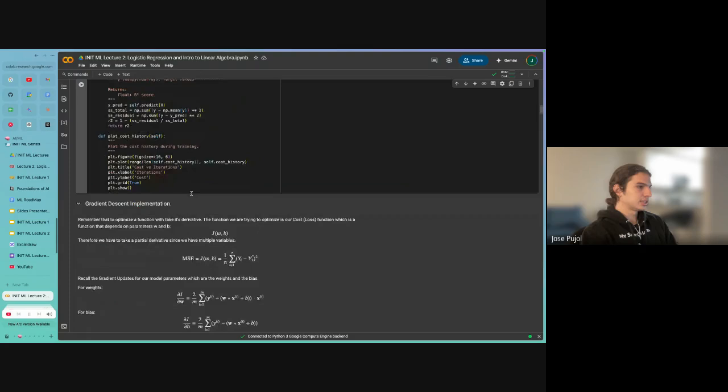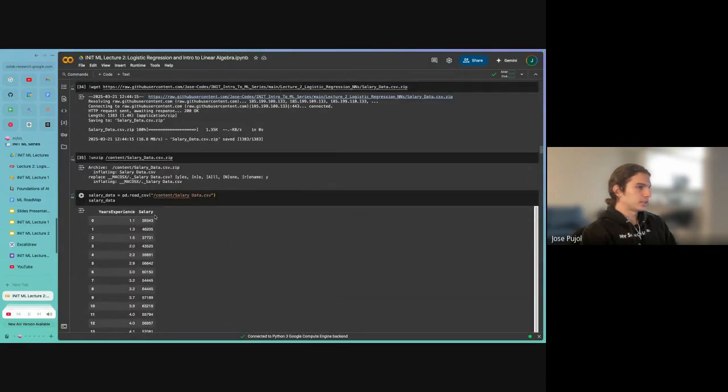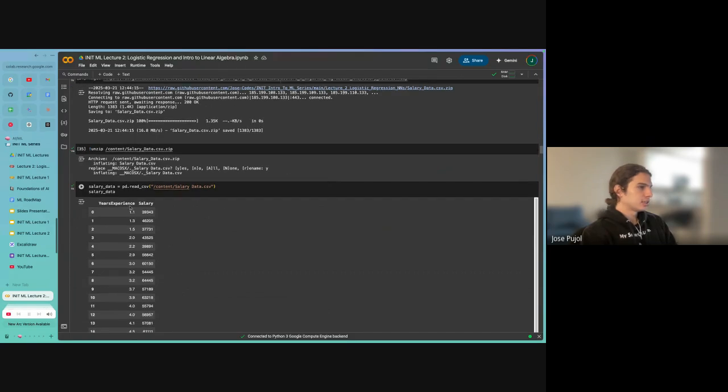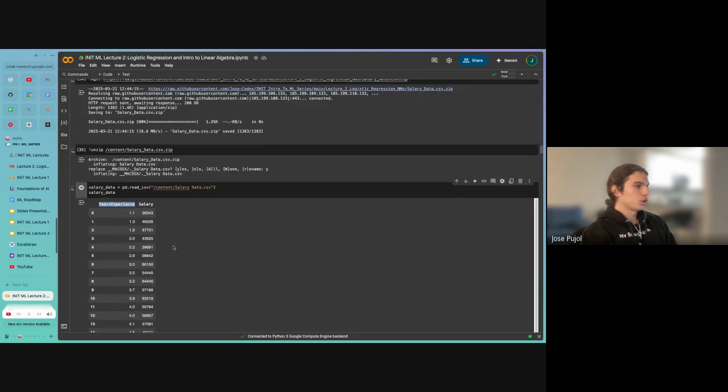It will make more sense if I scroll down and show you. In this case, our feature is years of experience, and we have 34 rows. When we make our prediction, we're passing in this number, 1.1, and we want it to give us the salary. We want to do that for every single row in here. So when we call the predictions, it's going to return all the predictions for all the examples that we gave it.